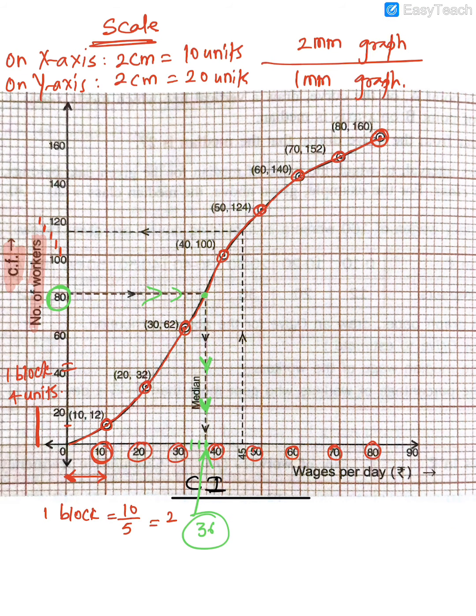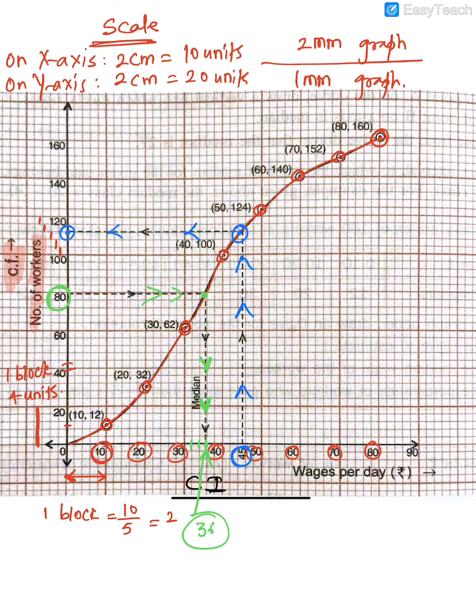Let's check. First, where are the earnings, on the x-axis or y-axis? Earnings are on the x-axis, right? So let's go here. Find the number 45. Here we found it, between 40 and 50, the midpoint. From there, you start moving upwards, upwards, upwards. You hit this point. Start turning left, left. You hit this point. Now find out what that point is.